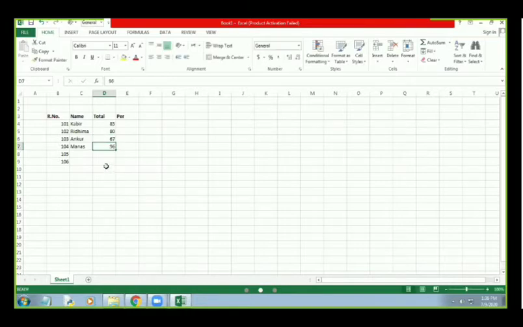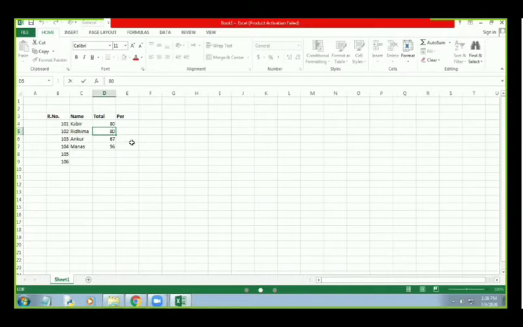What is the difference between edit mode and replacing cell content? In replacing cell content we just click and type the new value. In edit mode we have to double click, and after double clicking we can see a cursor or insertion pointer which is blinking right now.